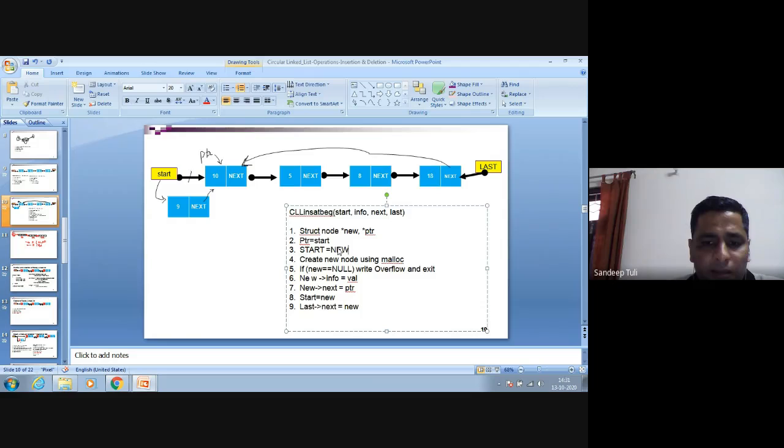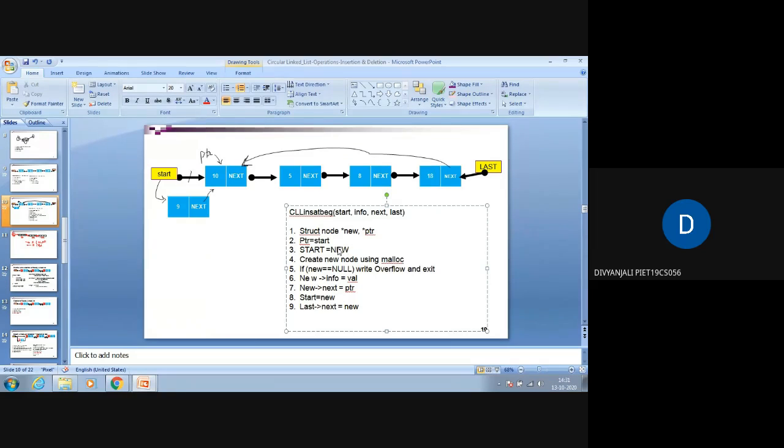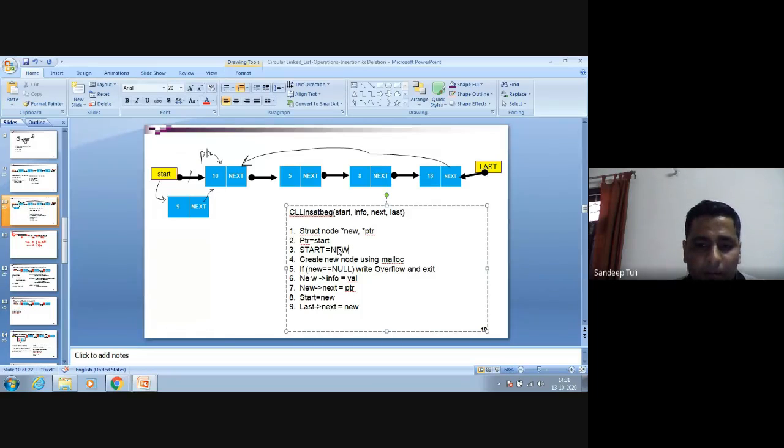तो PTR है मेरे पास, तो जो 6 step चलेगा, 7 step चलेगा, उसके बेसिस पे चलेगा। We need PTR or start for the 7 step actually. New next we need to connect. Somewhere we need to connect the new node. Next part should have something. तो वो something कहाँ है मेरे पास? PTR में या start में, एक ही बात है। So you can do it at start also, at that third point also. सर, अगर हम स्टार्ट को पहले ही न्यू करते हैं, तो हमारा जो 7th स्टेप है, न्यू नेक्स्ट में हम स्टार्ट नहीं कर सकते, फिर हमें पीटीआर ही करना पड़ेगा। डेफिनेटली हमें पीटीआर ही करना पड़ेगा। यस सर।